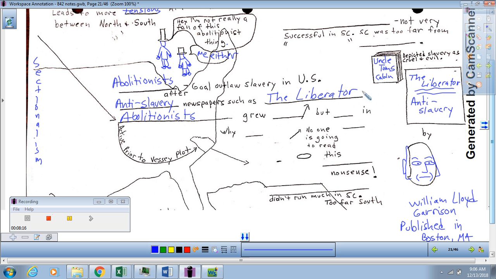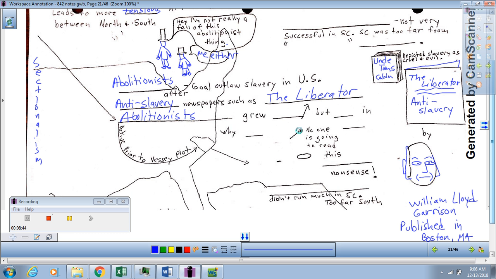So the abolitionist movement, the move to outlaw slavery, increased sectionalism between the North and South, and it also increased the number of abolitionists in the North who were now going to be educated upon the evils of slavery. In some cases, some of the things were misconceptions, but we'll get into that. But still, it was a powerful piece of published material for furthering the abolitionist movement.